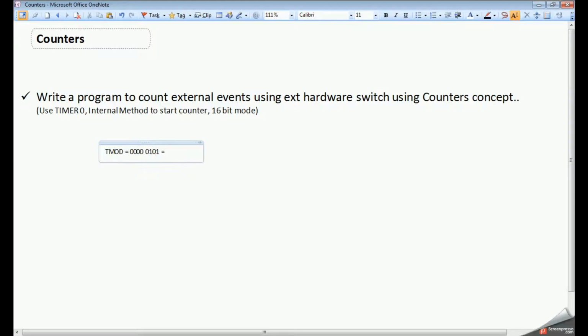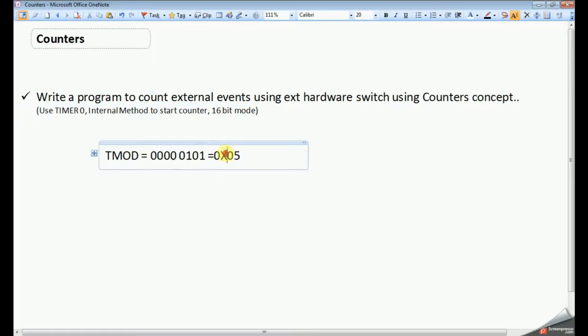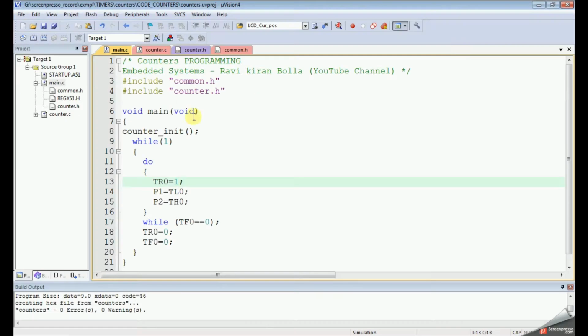That is nothing but hexadecimal code 0x05. Like this we can decide TMOD value to activate this configuration, that is timer 0, internal method to start the counter, and 16-bit mode. This value we are going to use in our program. So let's see the program now.